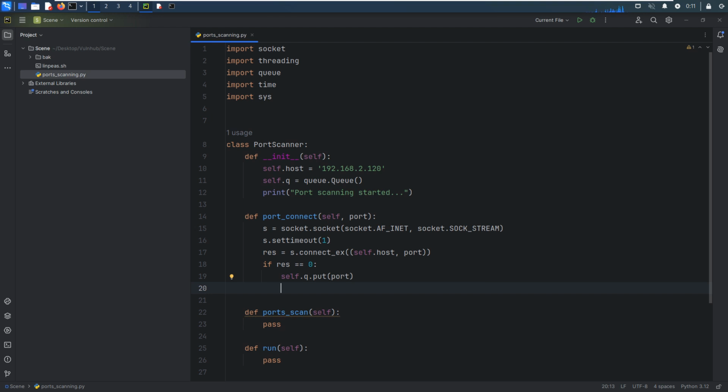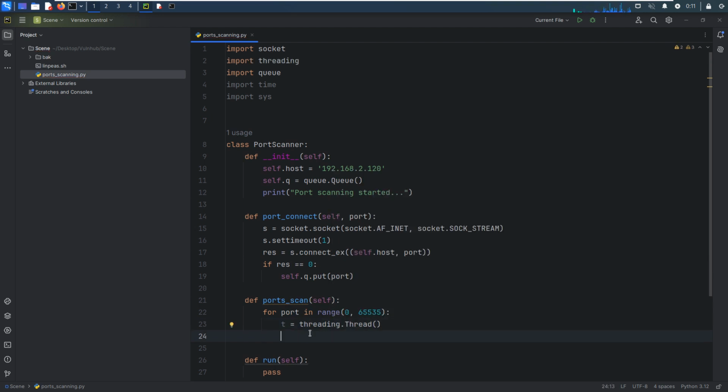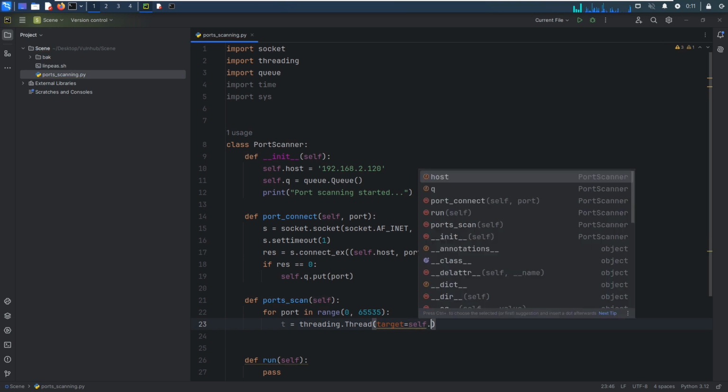So I think we do not need to do anything else. All right, so now we can do the full range port scan. For port number in range from 0 to 65535, and then we can use threading, and we need to define the target method, or the task, which should be done by this thread. So the self port connect,